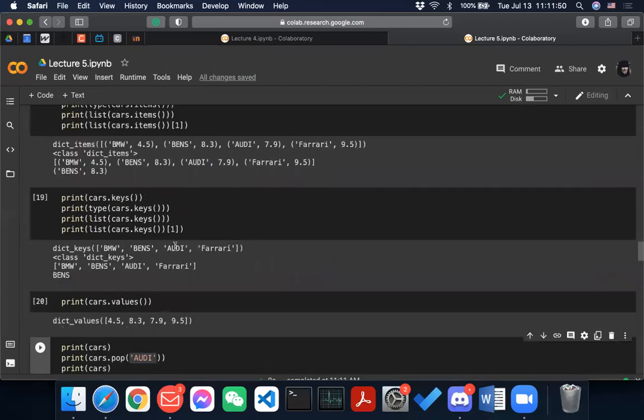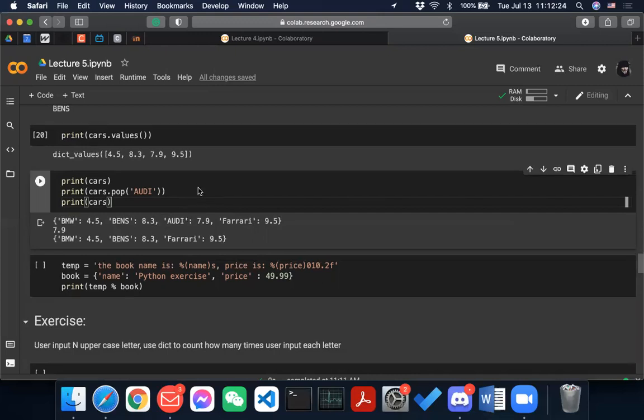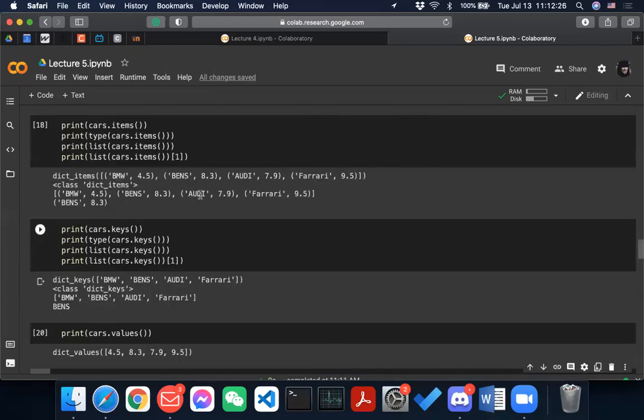Okay, so yeah, and do not try to pop without any parameter, because an unpredictable thing will happen, right? By unpredictable, I think it will actually pop, but you don't know which one you're popping.